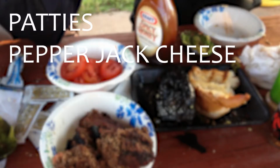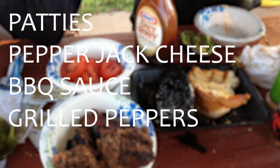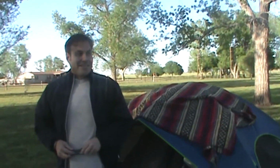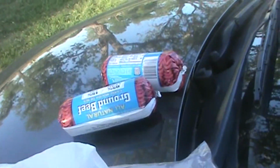Grilled patties, pepper jack cheese, barbecue sauce, grilled pasilla peppers, onions, and pickles. We're gonna have some burgers and some grilled peppers and then figure out what we're doing for Cinco. And this is what you do when you're camping and you need